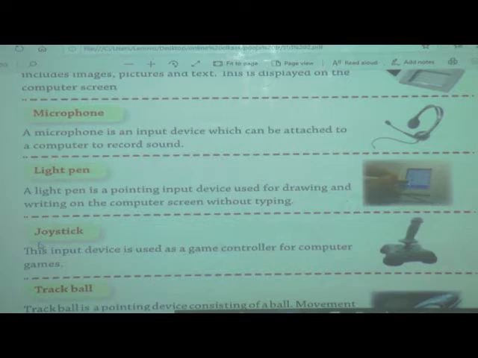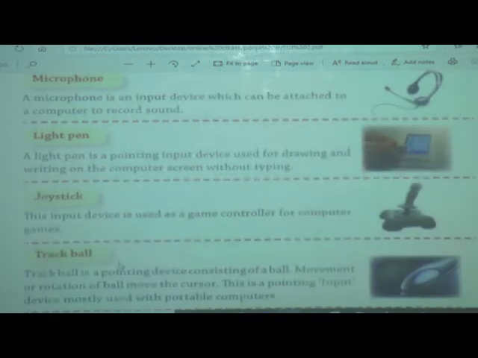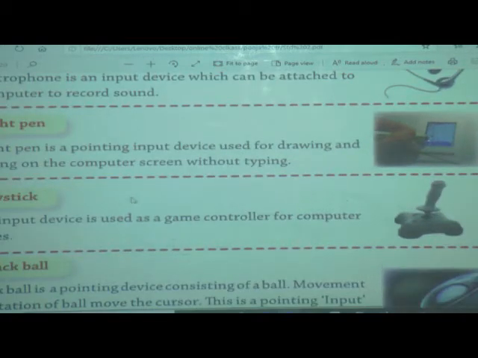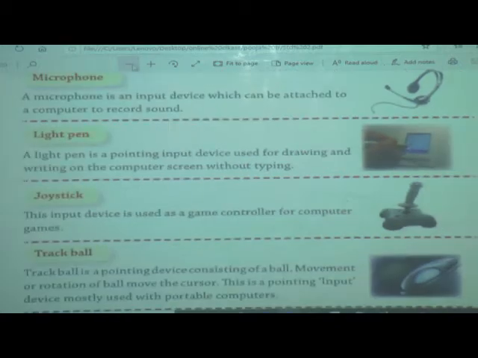What is the use of joystick? Joystick is also an input device. It is used as a game controller for computer games. Everyone likes to play games. If you want to play games, then joystick is useful to control the computer games.